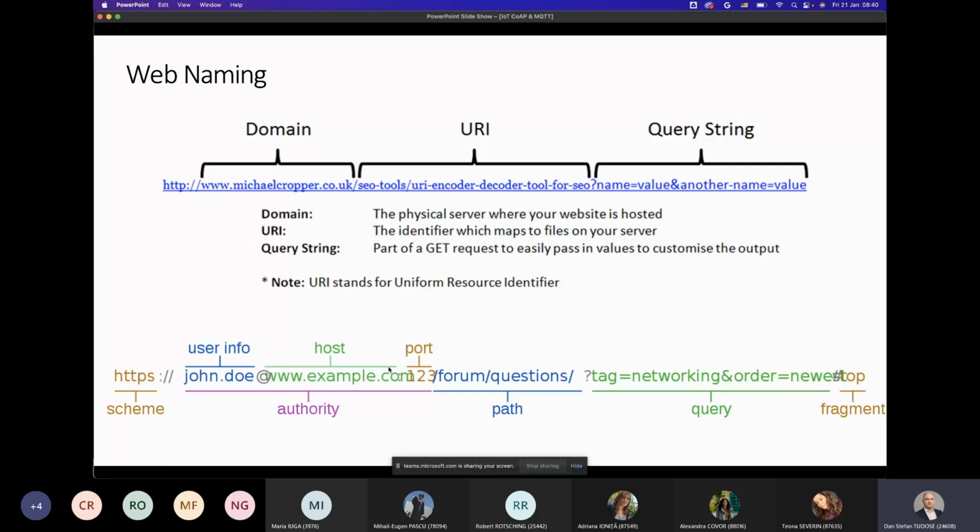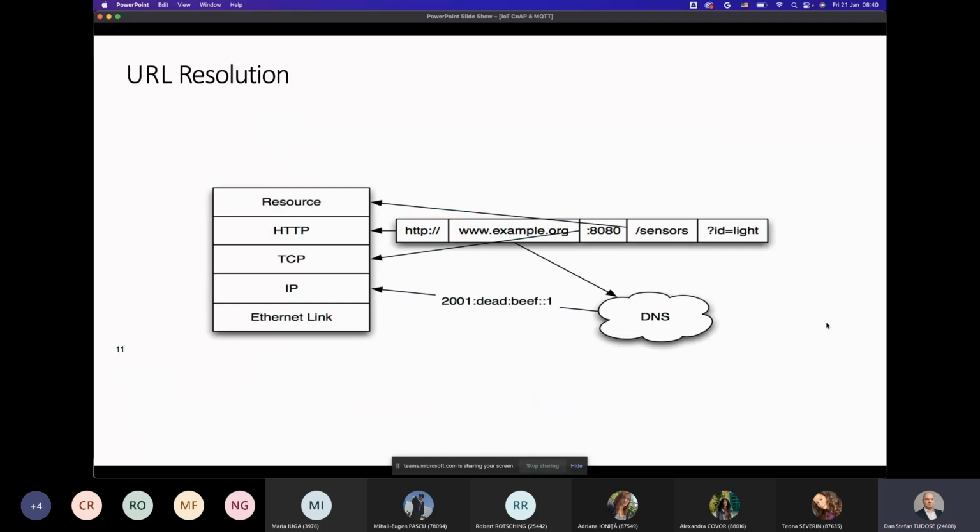You could also specify the port for which you are connecting, and then you have the path to your file or your files in the server, and then you have a query and then a fragment. So why am I specifying this? Because CoAP uses a very similar method of locating resources.